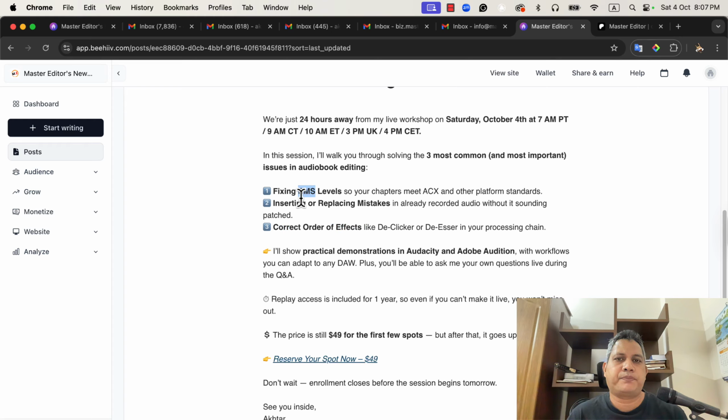RMS is actually the measurement of average loudness of your audio. So there are two kinds of loudness. One is the peak loudness and the other one is the average loudness. Peak is the highest point. Only one point of the audio will be represented by the peak, and the RMS means how loud it is